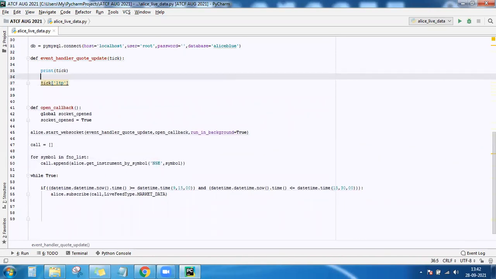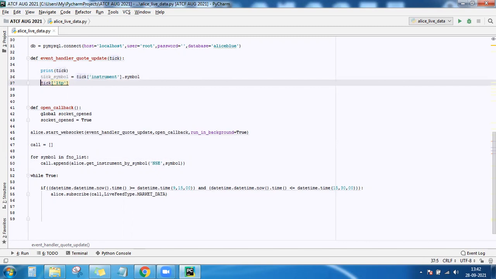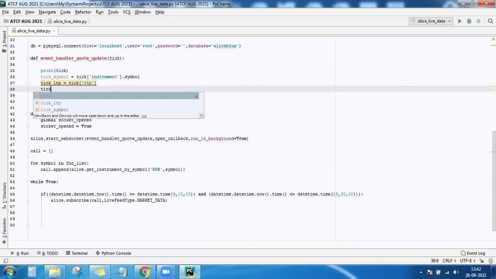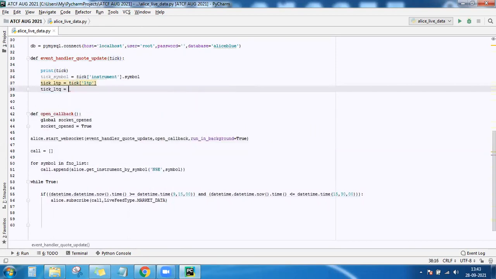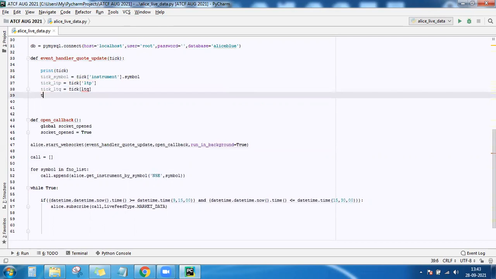So likewise, we will store everything. tick_symbol is equal to, it has an instrument object, and from that we have to extract the symbol. Then you have the LTP. You can store it. Last traded quantity. The volume.